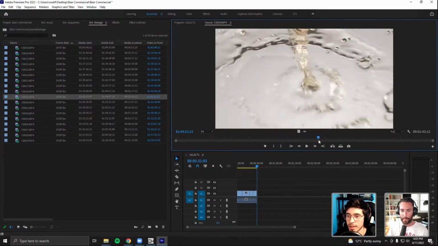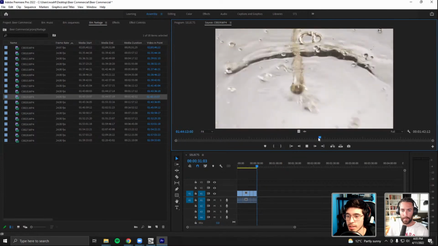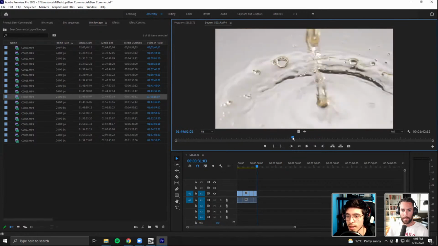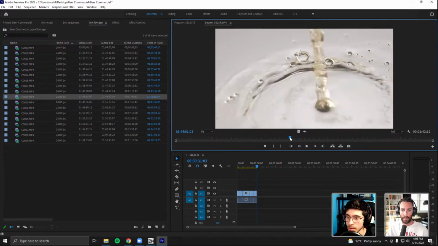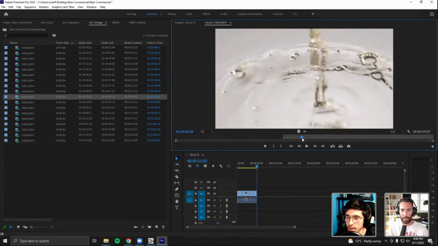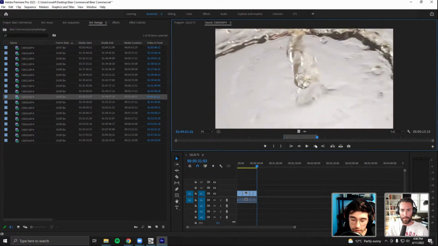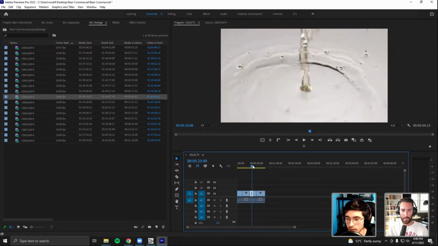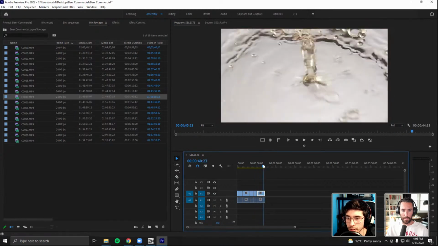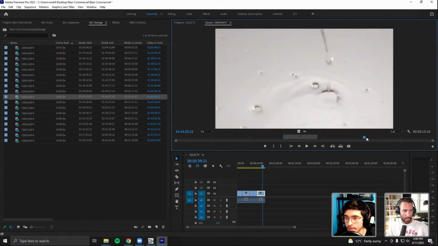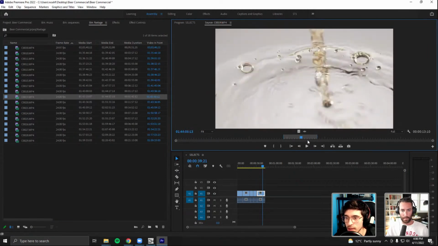And this one, the part about this shot that I'm kind of iffy about is I don't know if I like the focus better on the actual stream coming down that's hitting the glass, or if I like the focus on the liquid that's dispersing across the sheet of glass. So in this scenario, I'll probably just take some selects with both so that I have options later on. Either way, I'll just take a couple options, and if I like the way it flows in one scene, then I'll just keep that.